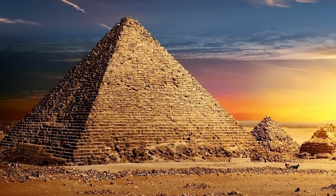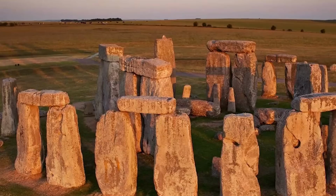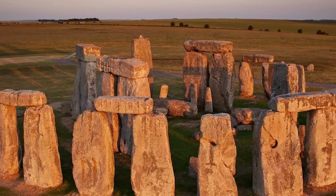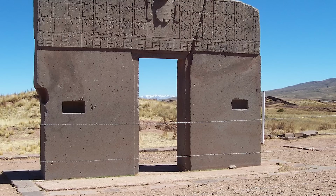Gate of the Sun. There are many ancient structures across the world that are shrouded in mystery, from the pyramids of Egypt to Stonehenge in England. Hundreds of people have dedicated their lives to uncovering the enigmas that riddle these places of wonder. But for now we take a look at one of the lesser known ancient structures that may shed light on